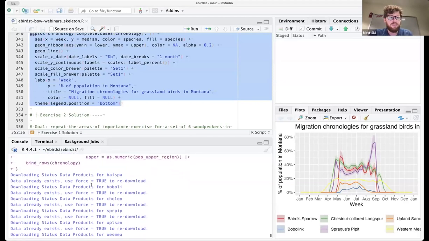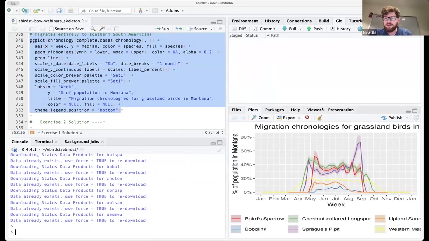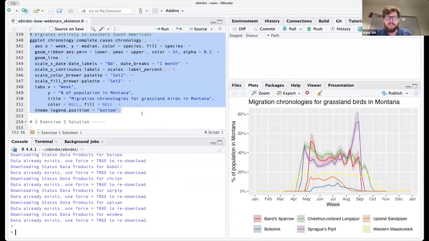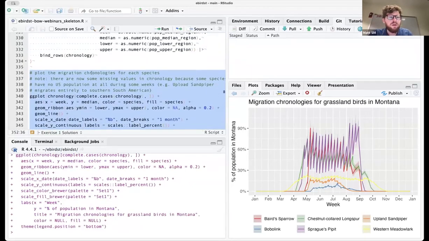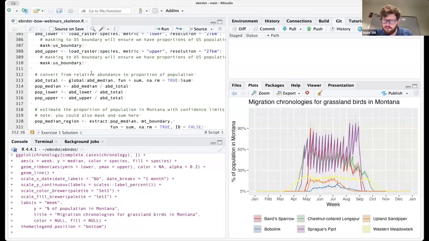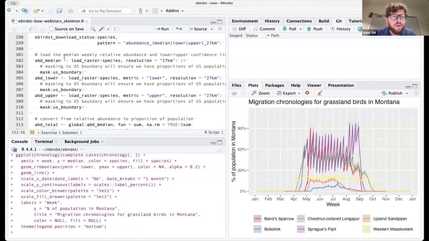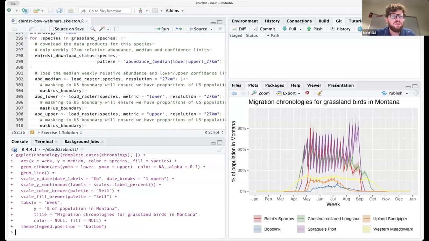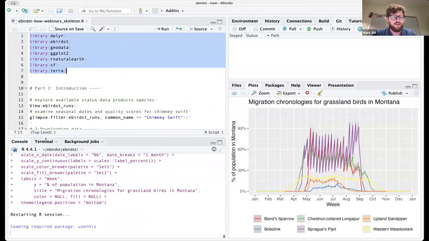As that runs, for those of you who did not attend the previous session, this may be a bit confusing, but you can go back and watch the YouTube video to get the full details on exactly what we did in that session. It's just looping through the species, calculating these proportions of population. Looks like it's done. Then I have some ggplot code here that will make the updated version of this plot on the bottom right. Oh, I screwed something up. What did I do? One second. I'm just going to restart my R session and see what happened here.